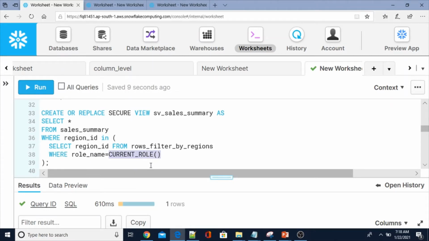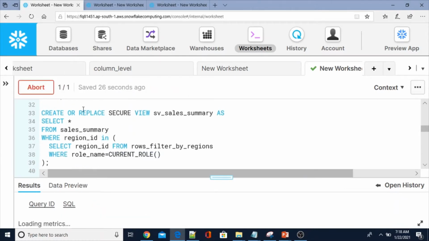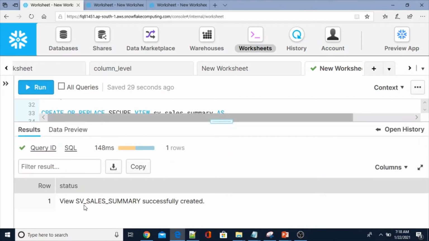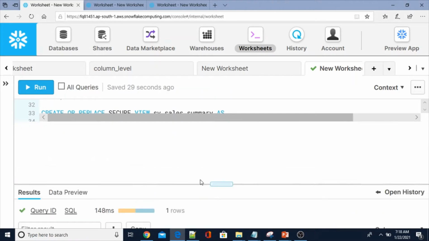This is one of the context functions provided by Snowflake. With this we can implement row level security by using the secure view. Okay, so let me create the secure view. View sv underscore sales underscore summary successfully created.